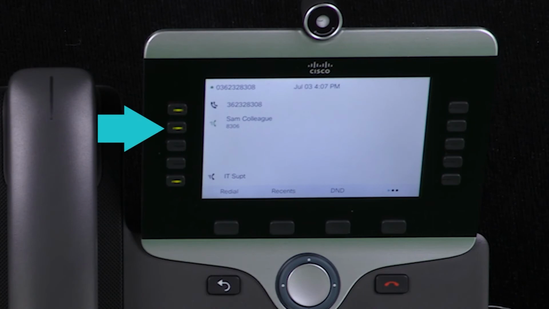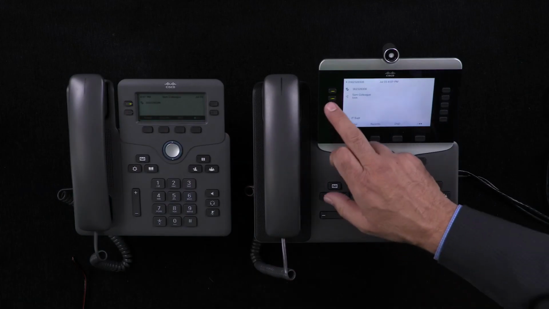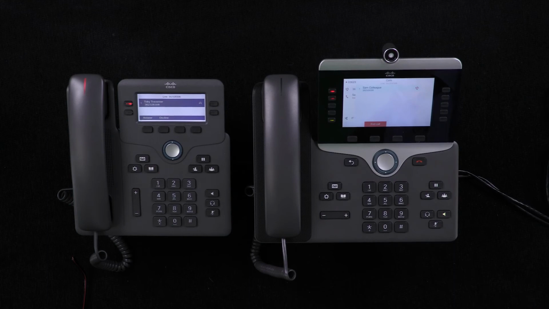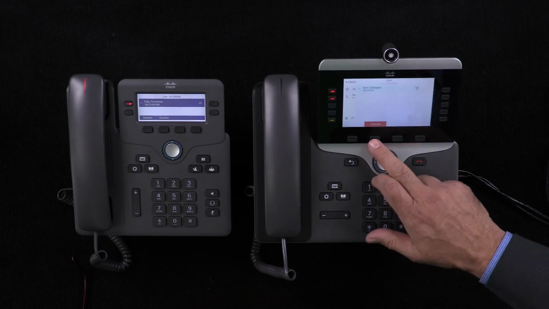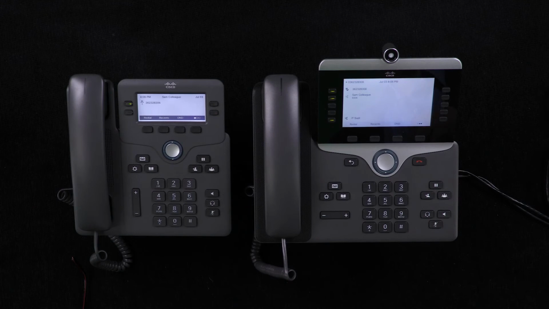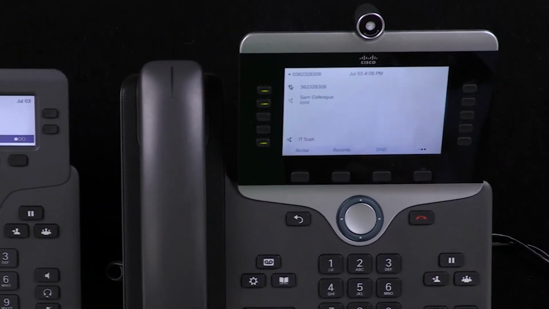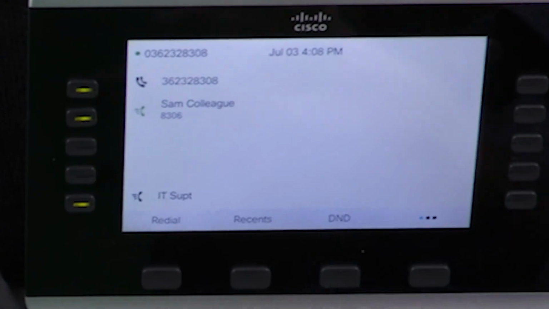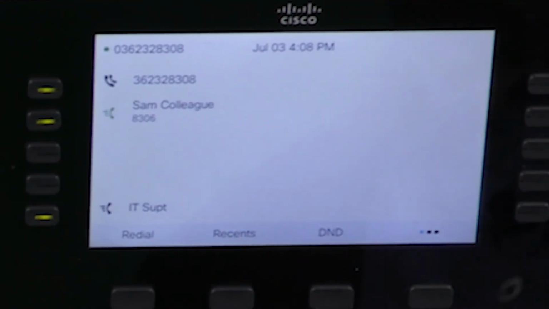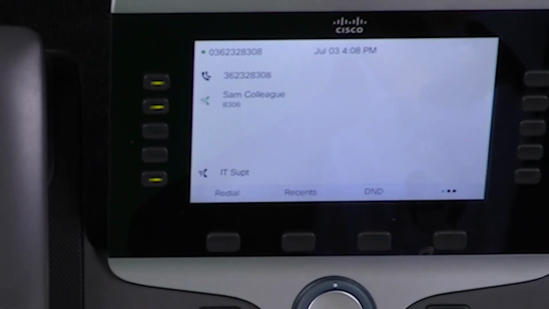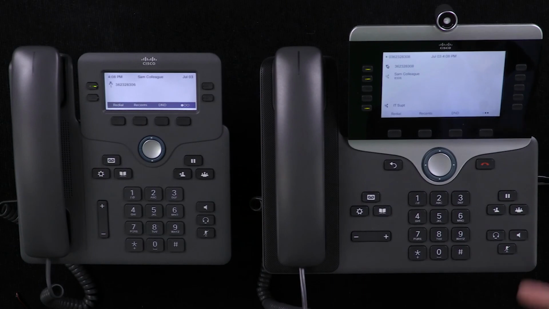And there it is. So what happens now? Well, why don't you start by pressing that as though it's a speed dial. All right, I can do that. And there we go. It's working. That tells you that when there's no call in progress, you can use it to call Sam Colleague quickly. I do like the fact that if we can zoom right in, the speed dial icon is a handset with speed lines on it. It's a very good way of indicating immediately what it's for. And you have a colour indicating status or presence. It's green because Sam is available.